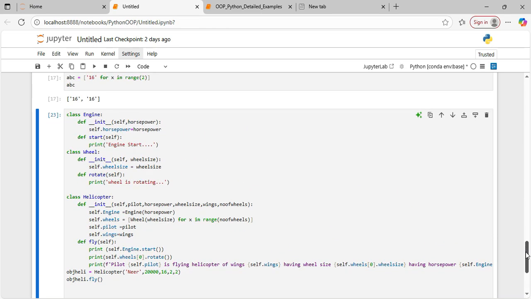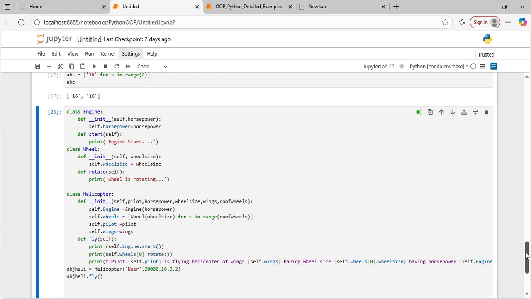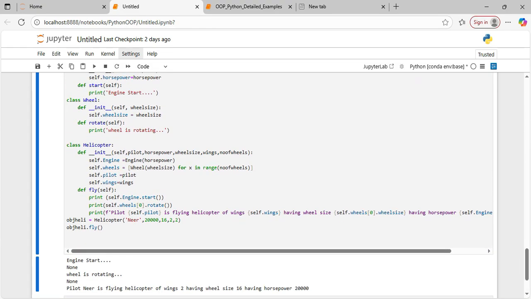Can anyone help me here with why it is printing None? I don't understand, sir. Why print None? Yeah, I am also surprised here why it printed the None engines. I created only one object. The engine started, so